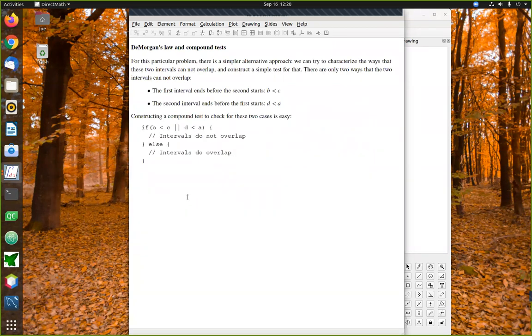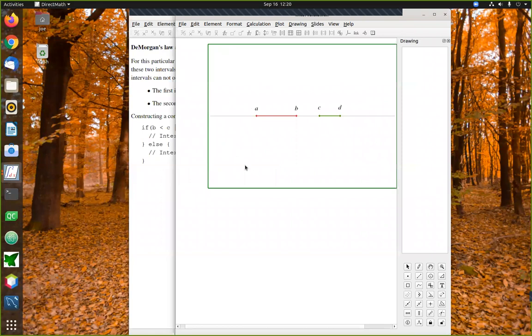Right now, let's look at a much better and easier way to do this. Sometimes when you start trying to write if statements to answer a particular question, you may discover that the question is really hard to get a handle on. Right? So in this scenario, the question was, is this a case where the 2 things overlap with each other? Now, in cases where they overlap with each other, that's very complicated. There's different scenarios and different tests you have to write.